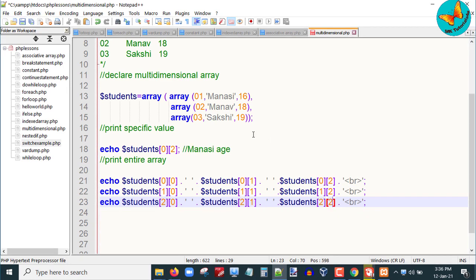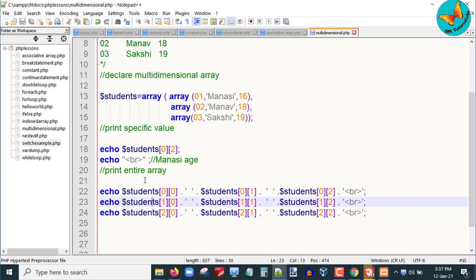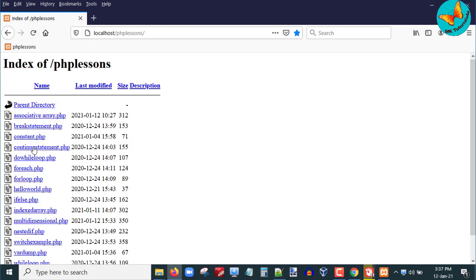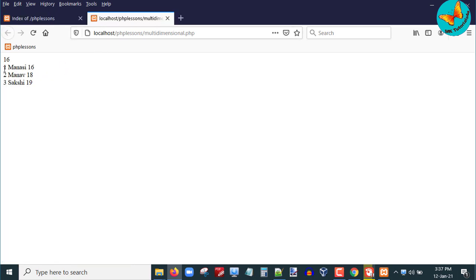Notice here I have just changed the row numbers and column numbers of each item that I want to display. Finally I will save this again, go back to the web browser and check the output again. So this is one way to display the entire array.